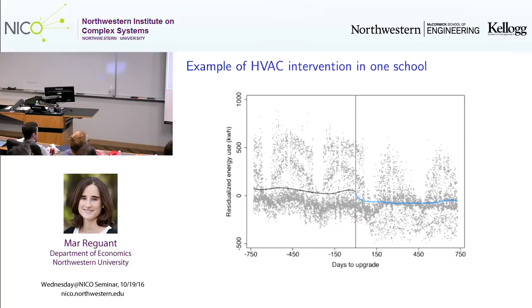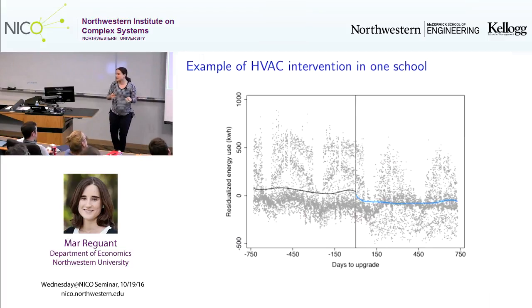This is sort of deemed to be centered around 0, but what you can see is that we have the before and after comparison. So again, some approaches to measuring this would be just to take this data from this single school and call the effect of the intervention the average of the black line minus the average of the blue line, or some version of that comparison.